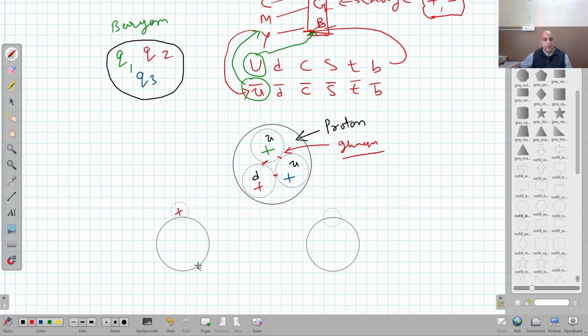This is quark 1 and this is quark 2, and this quark is initially blue. So now I have 2 quarks. One is carrying red color charge and the other is carrying blue color charge. Now when the interaction between these 2 quarks takes place,